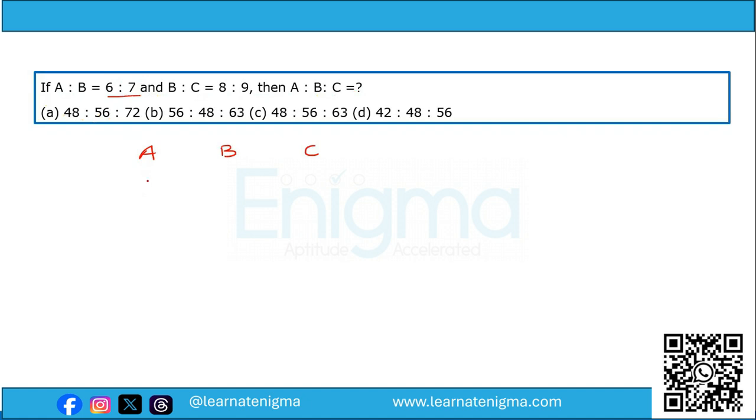So you can write down that ratio in the first line, 6 is to 7. Now, B is to C is 8 is to 9. So you can write down in the second line, 8 is to 9. Now, always remember that write down the alphabet which is common to both ratios in the middle. Now,